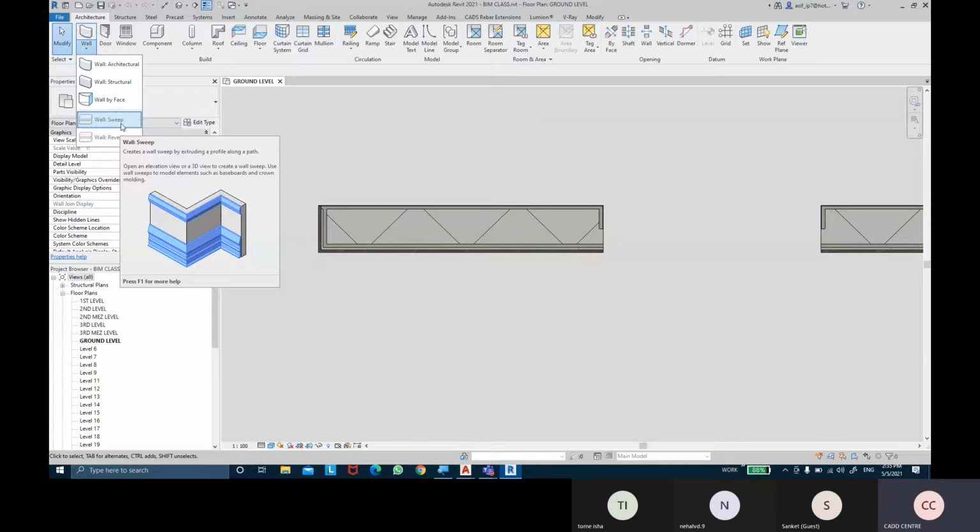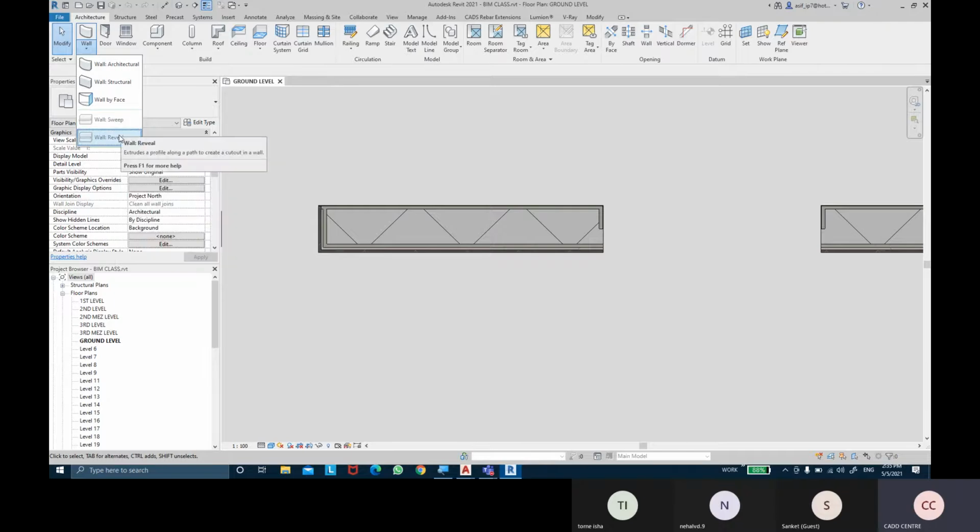Many more. Even window sills use wall sweeps. And wall reveal is used for creating grooves in the walls. So if you want to create any groove lines, you can use the wall reveal command.